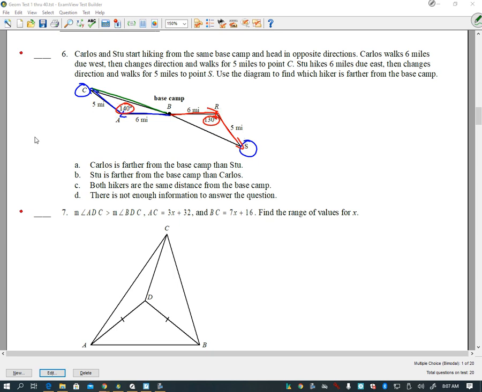Does that make sense? Okay, so just simply, 140 is greater than 130. Carlos is further away than Stu. Anything along those lines to show me your understanding. So Carlos is further from the base camp. Okay, do we understand that now? And we actually use that principle in a later question. Okay, 4. In fact, we'll end up using it for 7, which I see